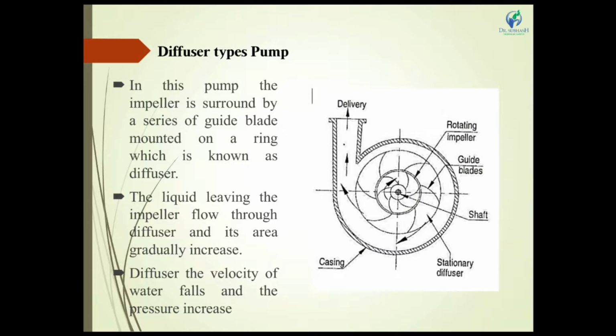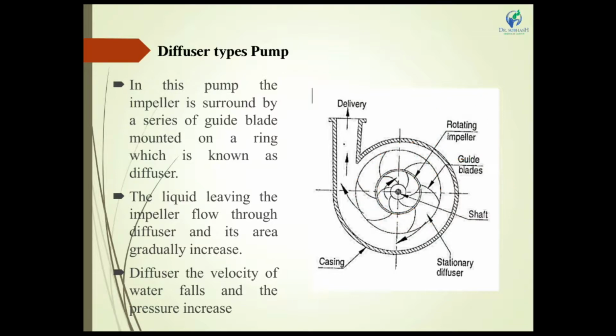The next pump is a diffuser type pump. The casing and shaft are internally connected, directly coupled with the motor, rotating impeller, and delivery pipe. Here is an impeller in two stages, stage 1 and stage 2. The outer stage is a stationary diffuser. We cannot move the blade angle. And the inner side is a rotating impeller. That means we can move the guide blade, which guides the water from the center eye of the impeller.